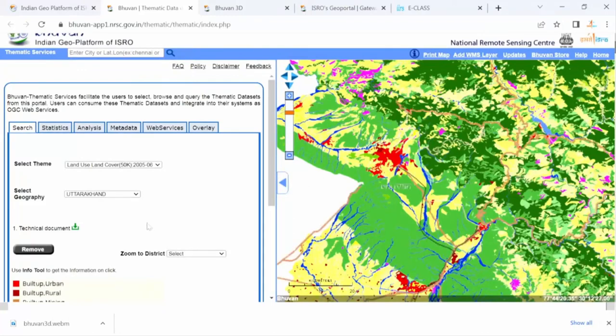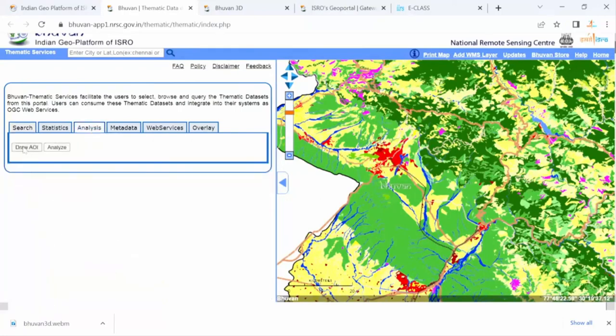Now what I will do, we will try to analyze only within this city. So how to do that one? If you can see here, analyze, draw AOI. So I will draw one small AOI here like this, which will cover the city. I know this is the extent of the city, somewhere up to this part. This is some reserve forest here. So I will create one small extent, this is my area of interest.